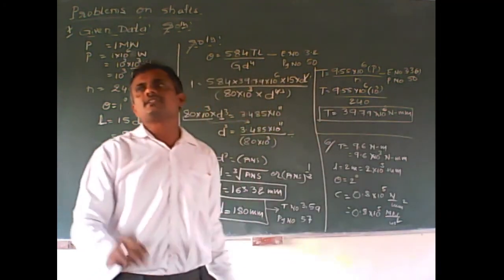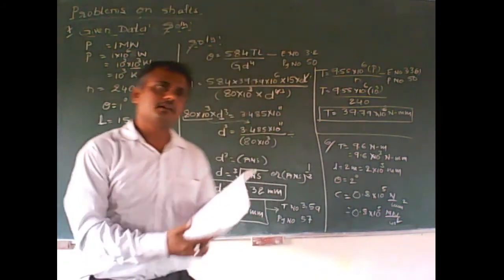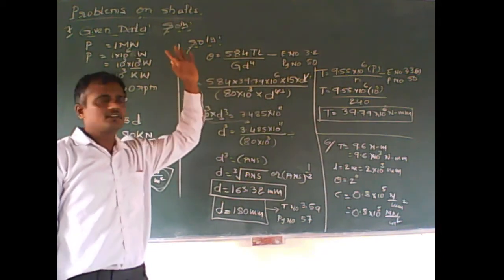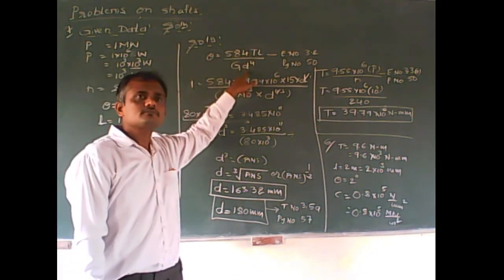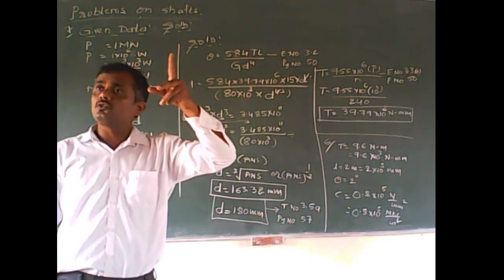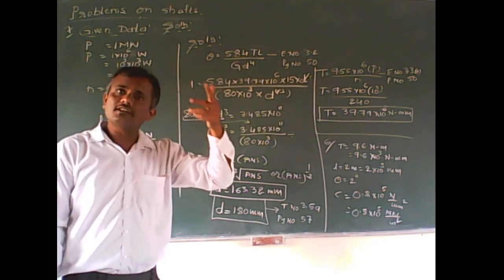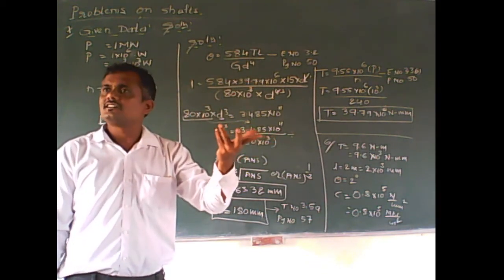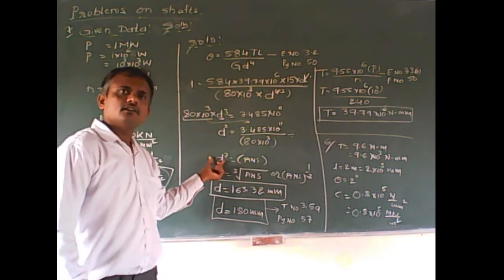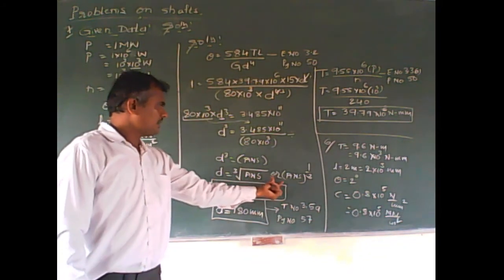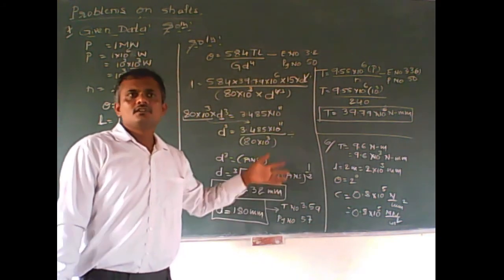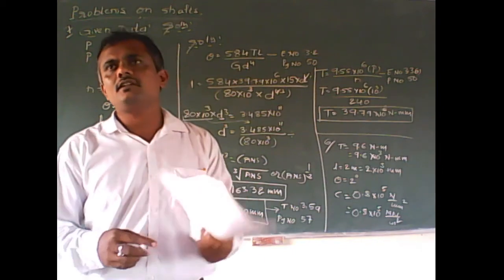So with the help of this, you can directly substitute in this very beautiful equation and get the answer. Here the only thing is you get D raised to 4. If you take the square root of the answer two times, that will be the 4th root of the answer, right? Or otherwise you can do it like this: answer raised to 1 by 4. If you do this, you can complete problem number 6.